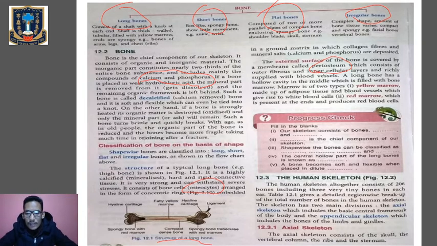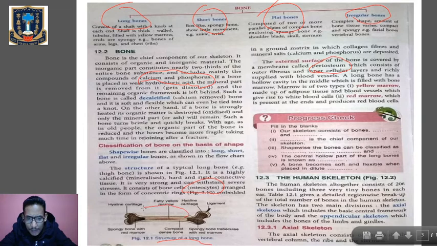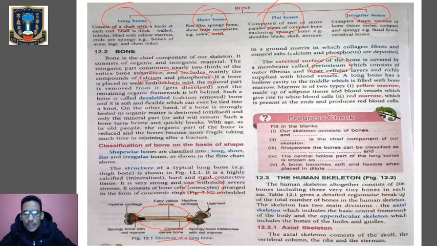A long bone has got a central hollow cavity. That means this particular cavity, and this cavity is filled with the bone marrow. So we have got two types of bone marrow. I have told you we have got yellow marrow and red marrow. The yellow marrow will give rise to the white blood cells and is made up of adipose tissue and blood vessels. Clear? And similarly, red marrow cells are present at the ends, and they will give rise to